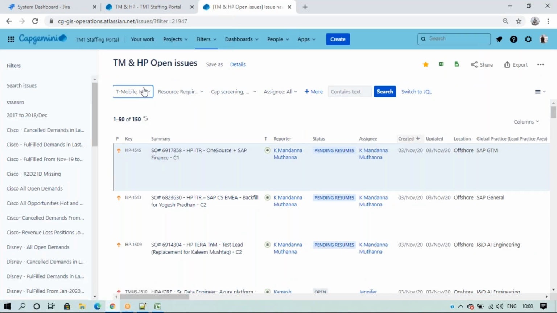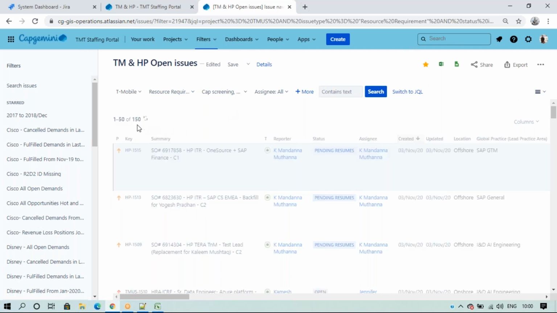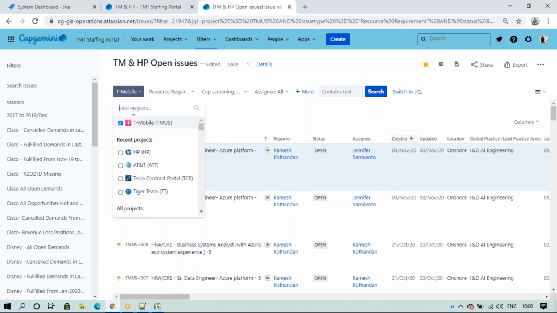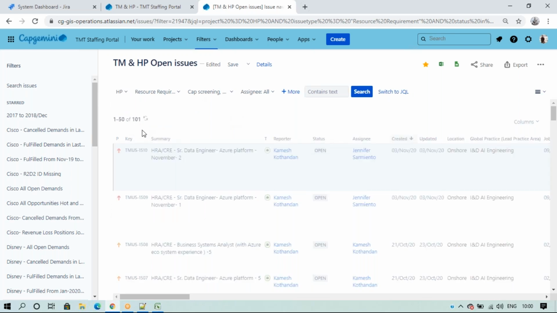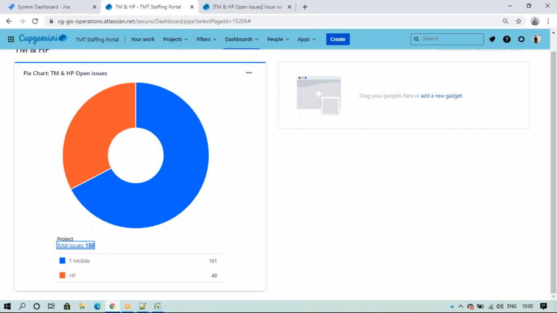So 150. Suppose if I uncheck this HP, it is 101 maybe. See, 101. If I choose HP, it is 49. The same count comes here without checking this, so the total is the same.